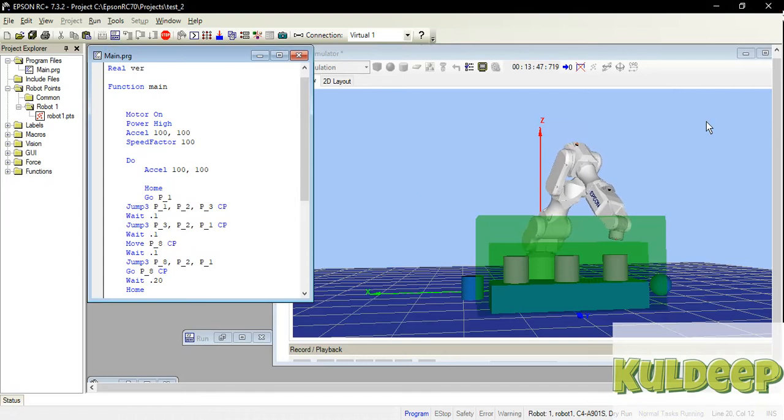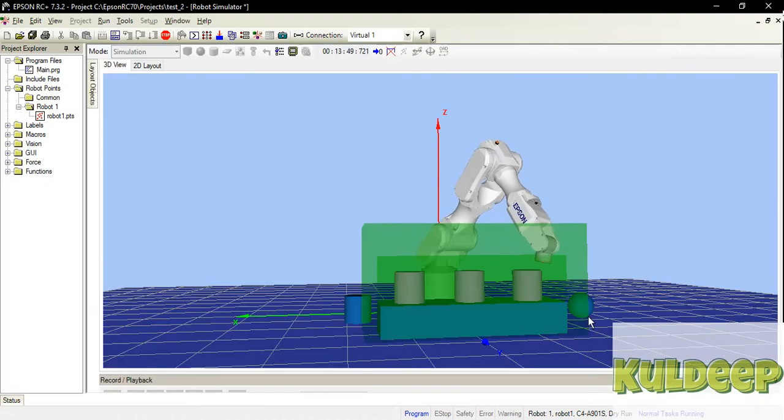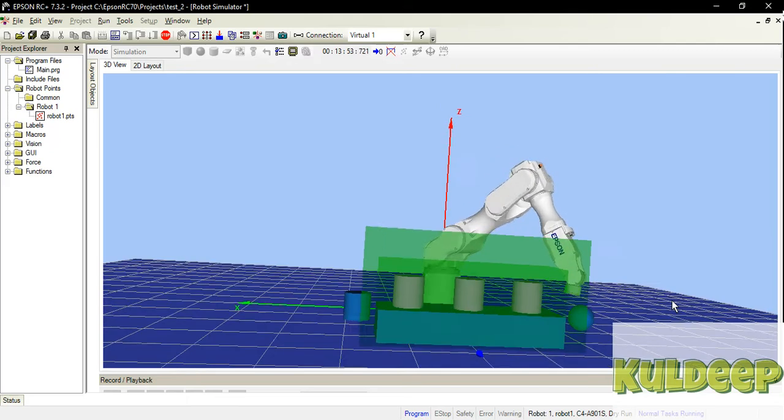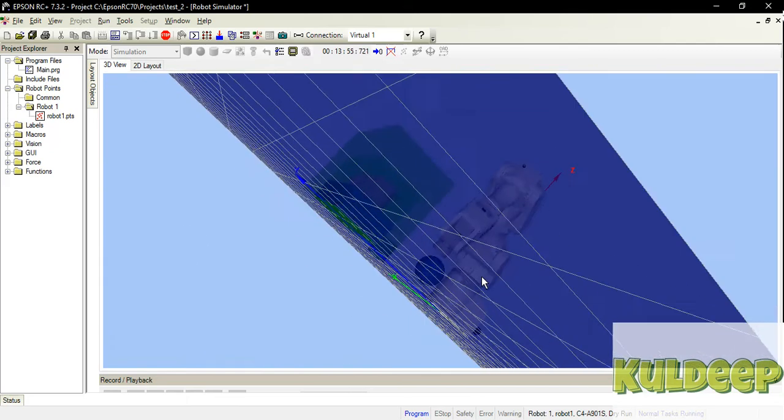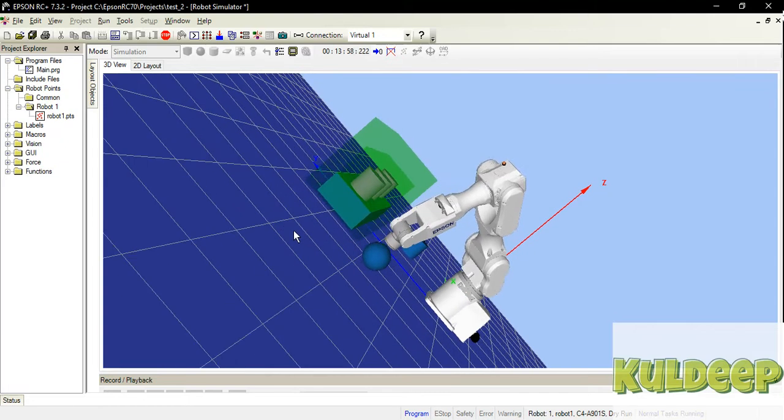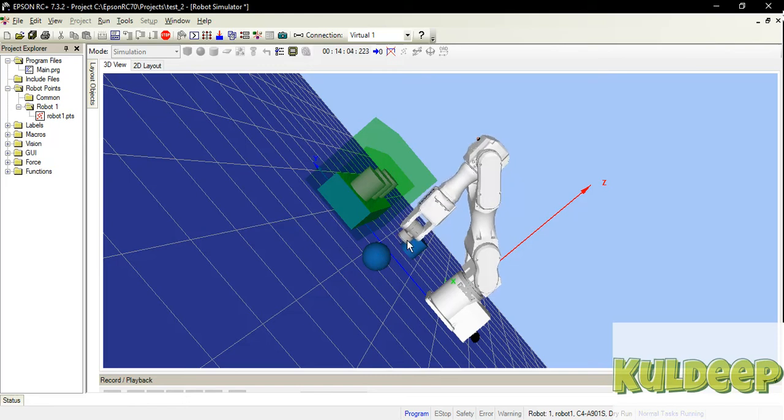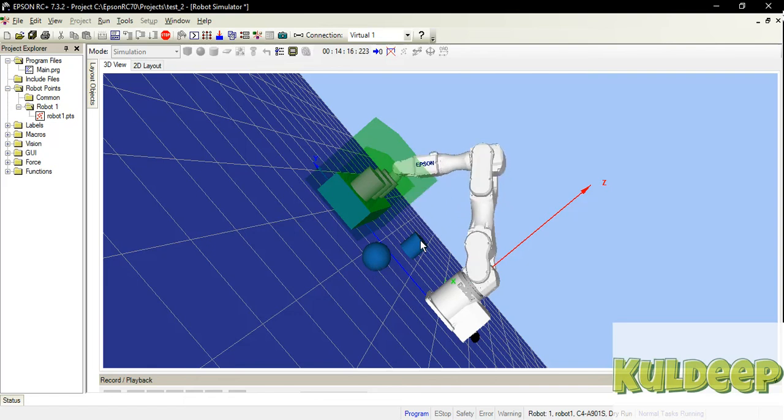Now as you have seen in the simulation, the robot is going to P1. See, now it is using a straight line from P1 to P8. When the robot is given the move command, it moves in a straight line. It will sketch a straight line if you put a pencil on its tool. So from point P1 to P8 it will draw a straight line.